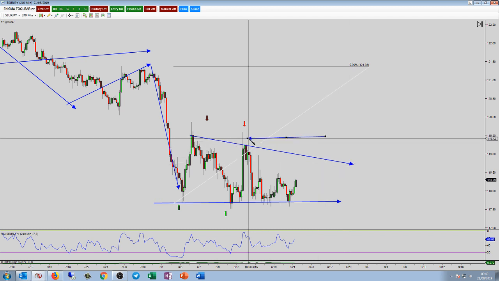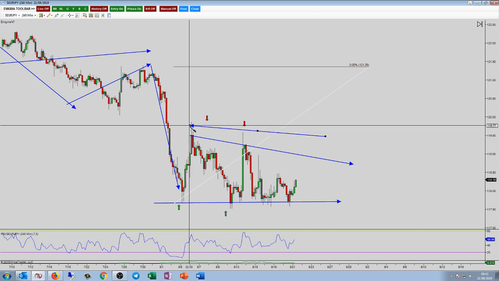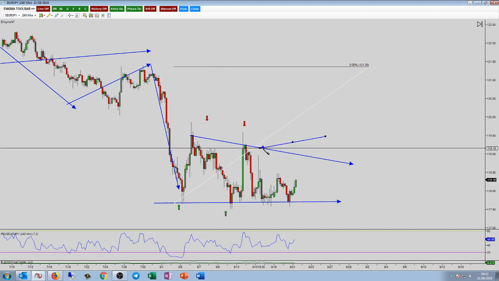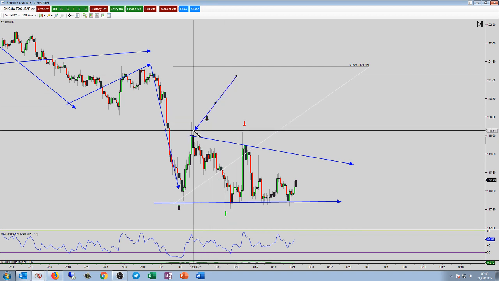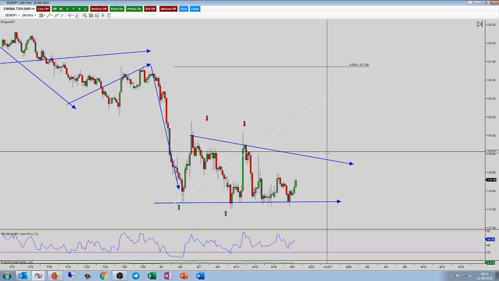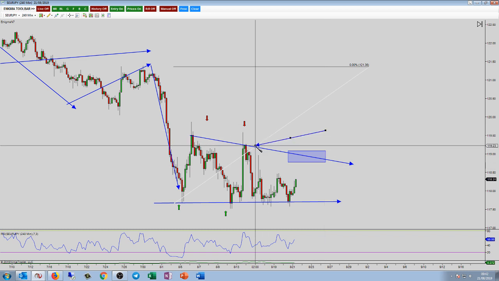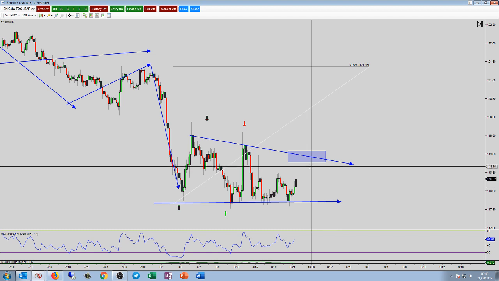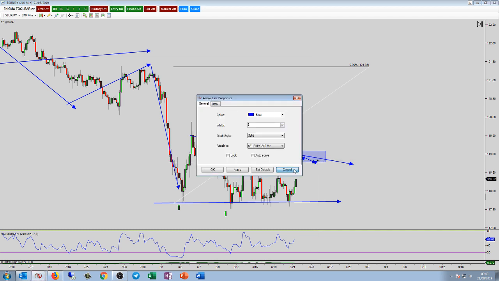Now, my rule is that because of this wick just here, it came up to test the closes of the candles. That means that even though we have a descending trend line, we have come up to retest the close of the candles, and that is not coiling. Okay, we might have a descending trend line, but it is not confirmed coiling. However, if we come up to this zone just here and we fail to retest the closes of the candles, and remember guys, within channels I do say very often we get those breakout patterns. I've shown this many times.